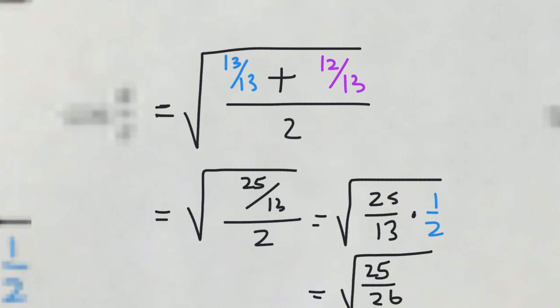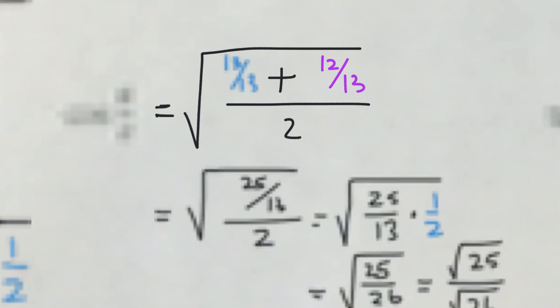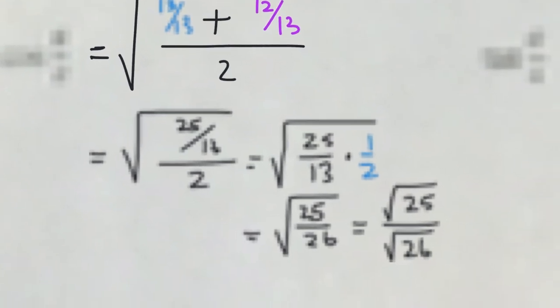Okay? This one's looking kind of promising. Let's split this into the square root of the top and the bottom. Root 25 over root 26. Well, in this case, what's the square root of 25? The whole number 5. And then I have root 26 on the bottom still. Okay, but we don't leave it like that. We rationalize. So 5 roots of 26 divided by